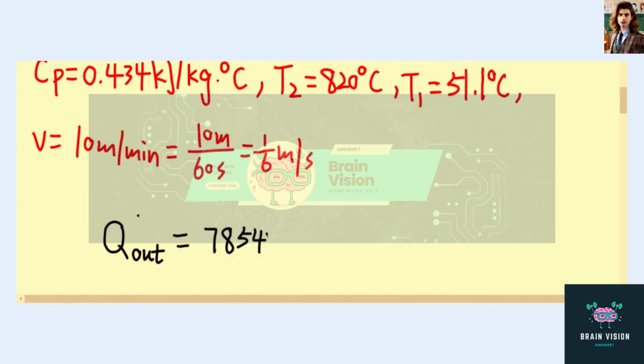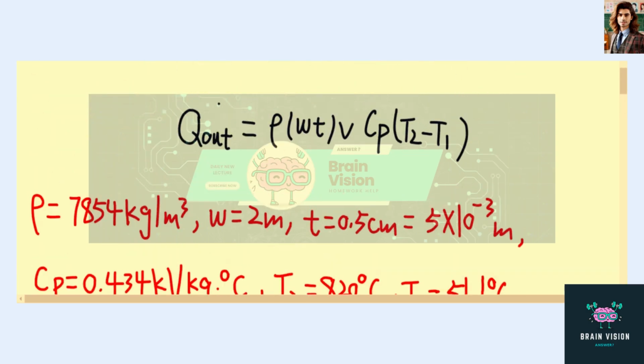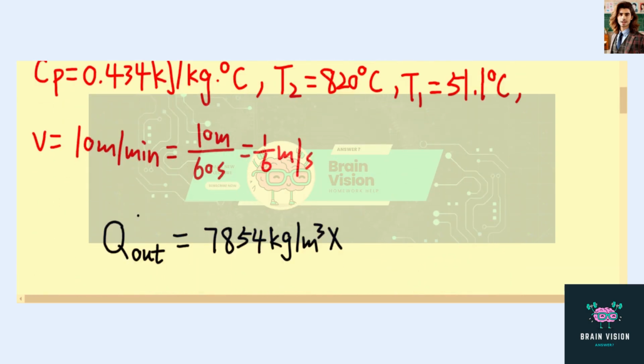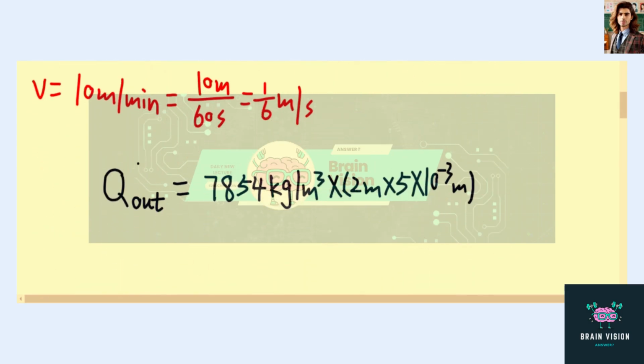So 7854 kilogram per meter cube, and then times Wt, which is 2 meter, and then times 5 times 10 to the power of negative 3 meter, and then times V, which is 1/6 meter per second, and then times